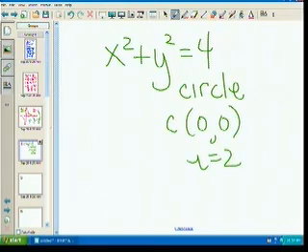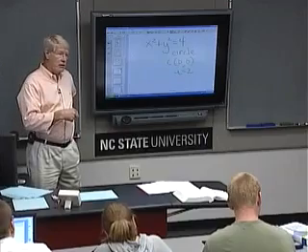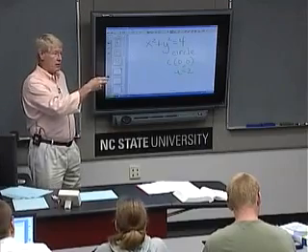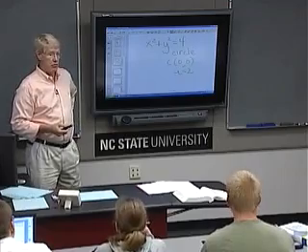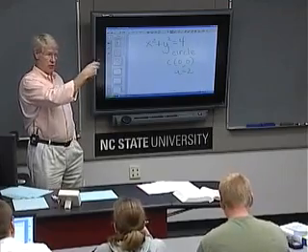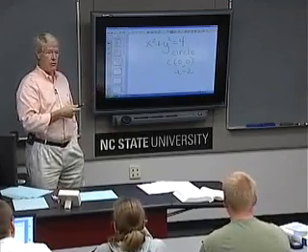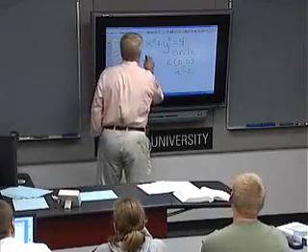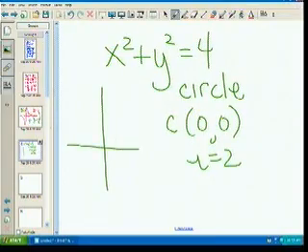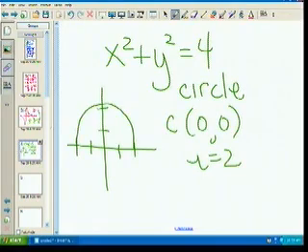Center at 0, 0, radius of 2. Now, there are two, actually, I guess probably two functions that are implicitly described by this interrelationship of letters and numbers. One is the upper half circle, semicircle. A semicircle, at least the upper half circle,